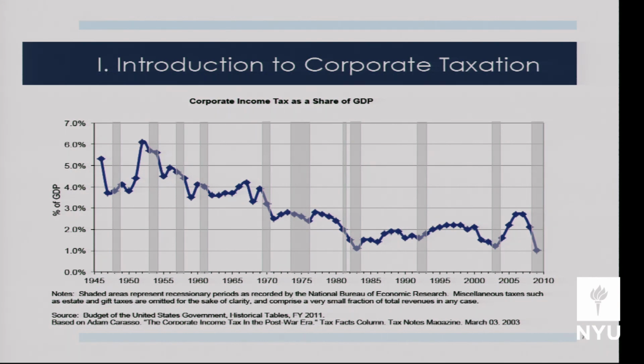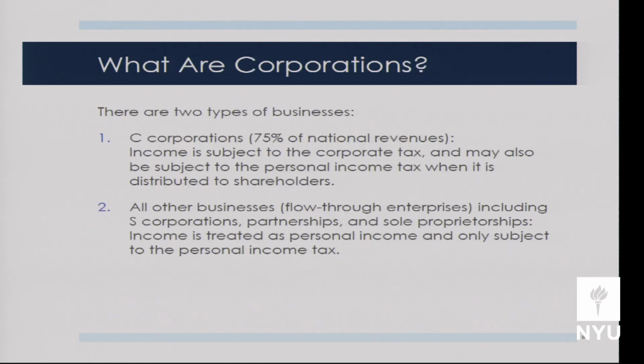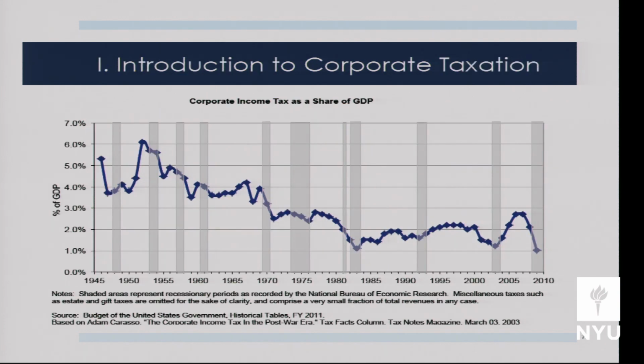But what's the major conclusion you would draw from this trend over this long time period? It's going down as a share of GDP, right? We get less and less tax revenue from corporate income taxes than we used to, and it's going down over time. Excellent. So this graph is striking, right? It's an interesting graph, and there's a lot of stuff that helps to explain what's going on. We'll talk about some of them today, and I think people are still coming up with new reasons too. So if you have ideas, I'd love to hear those too.